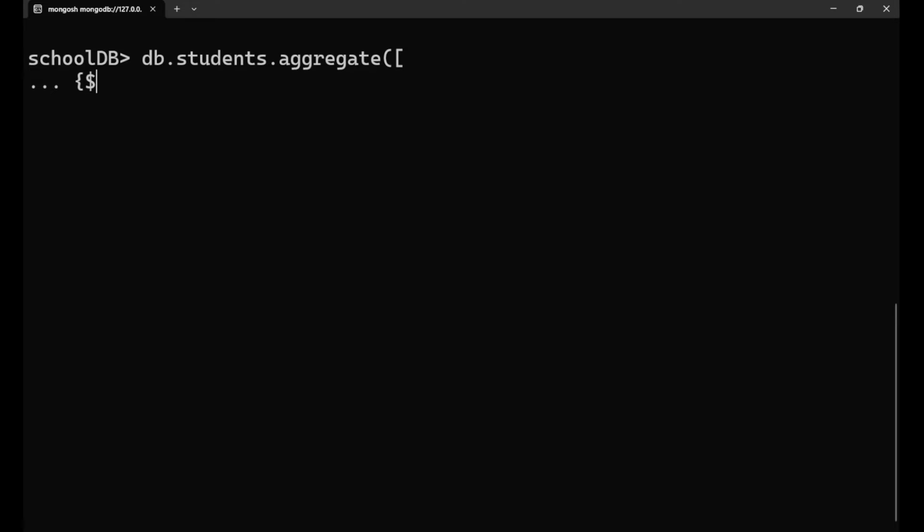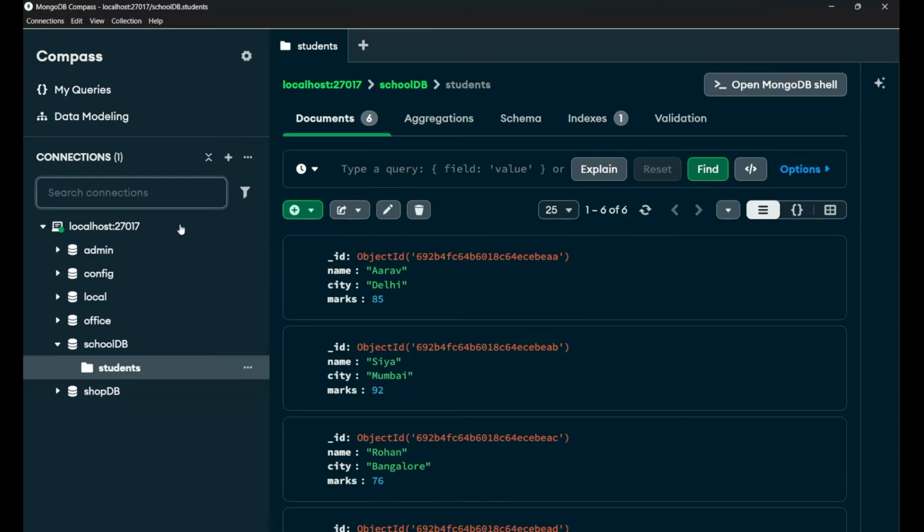So $group like this. After that, put a curly bracket, and then the field on which you want the documents to be grouped by, we denote it with the help of _id, right? So you write _id and name that particular field. But before naming that field, put the dollar sign, right? City, right? The name is city,